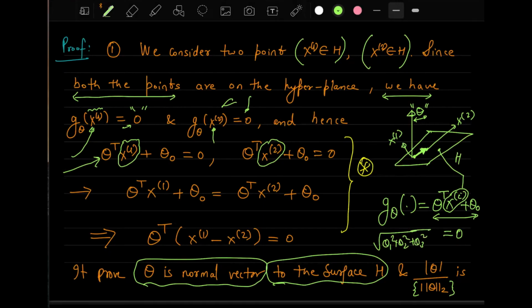You must have studied in coordinate geometry also, once you divide the vector by the modulus of that vector, then you will get a unit vector out. Here it can be seen that theta is the normal vector, but once you divide it by the modulus, you will get the unit vector, which is normal to the plane. Just scaling of the value.